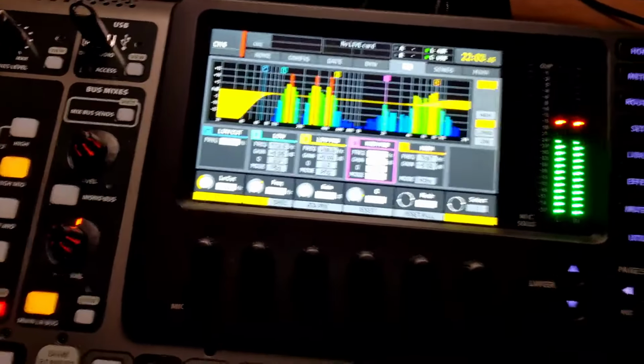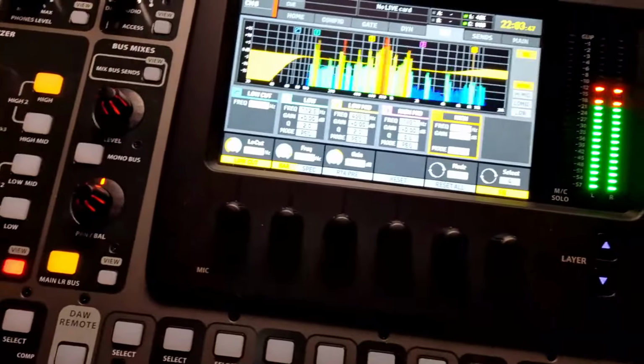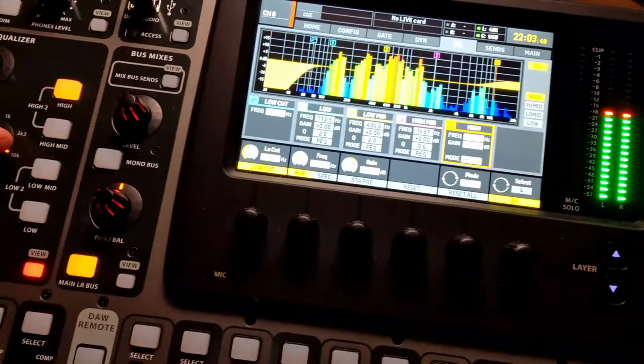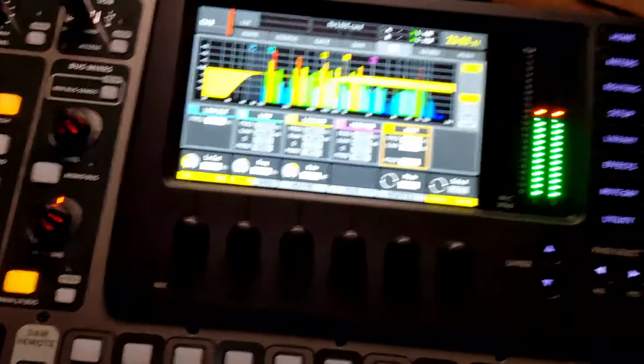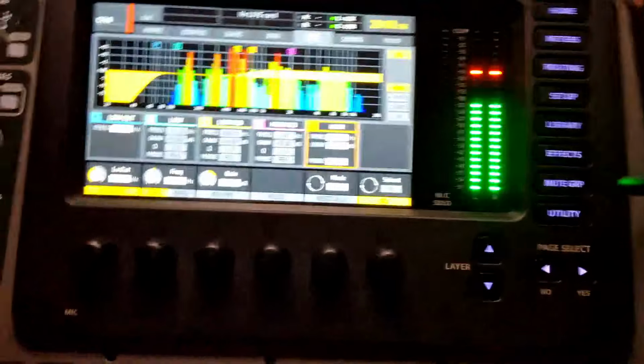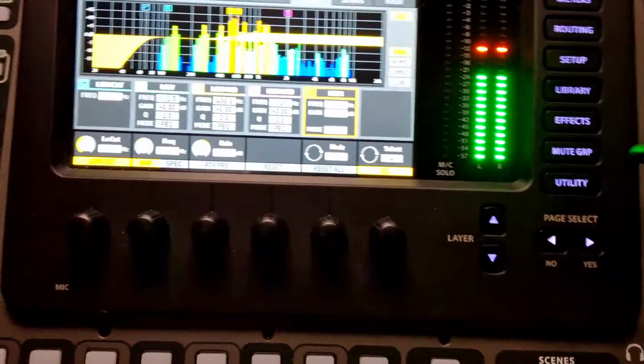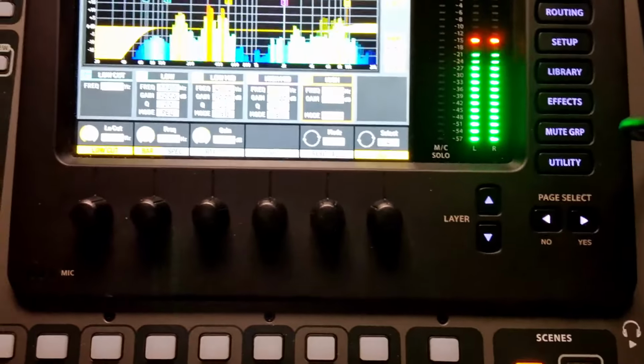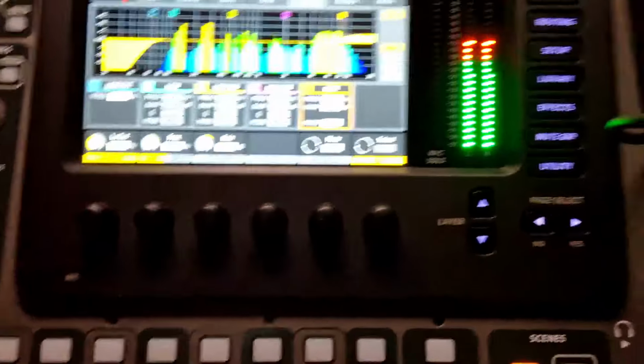So this is the high frequency, and okay, if we move that across like that, you can see that when I do that right into the section there, that's a lot of top end, and it's going into the mid frequencies as well. So it goes right across. So what I tend to do is just keep it to that end,